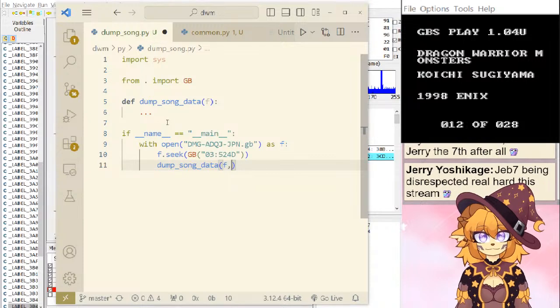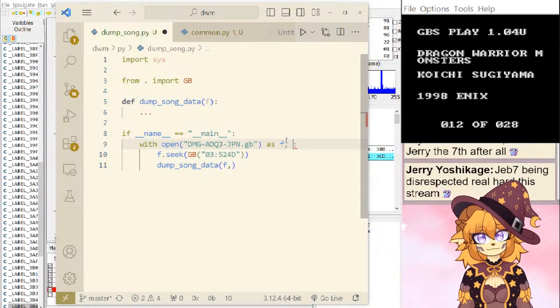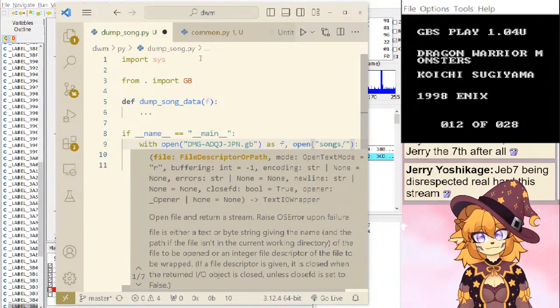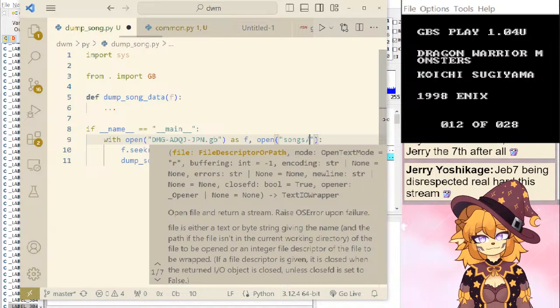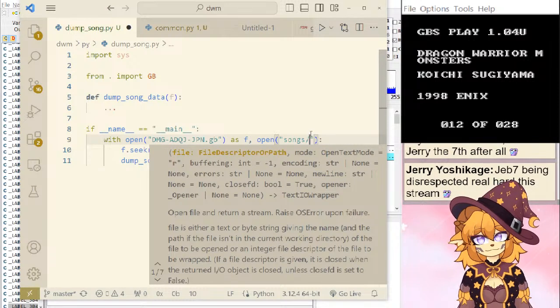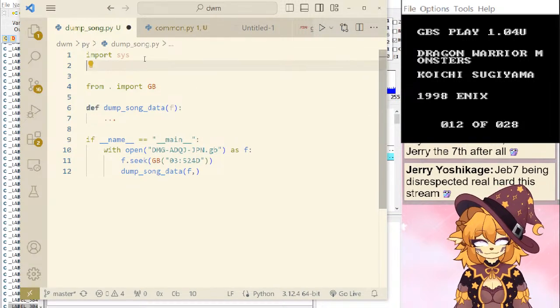Let's just put it in songs. Open. Actually, you know what? Probably what we want is